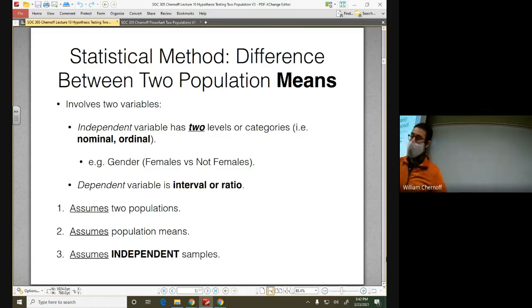So it could be male versus not male. It could be freshman versus not freshman. It could be rural versus non-rural. And we're going to need some other variable that we care about. Something continuous. Something like number of drinks consumed. Something like safety feeling, so that safety feeling score. Or that fear of crime score. Or number of housing problems.